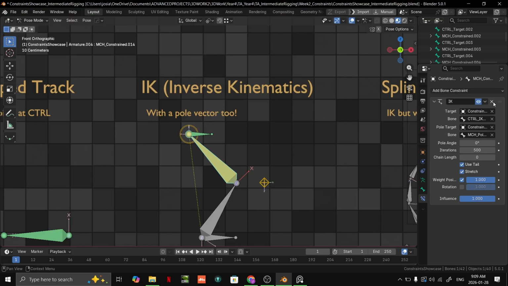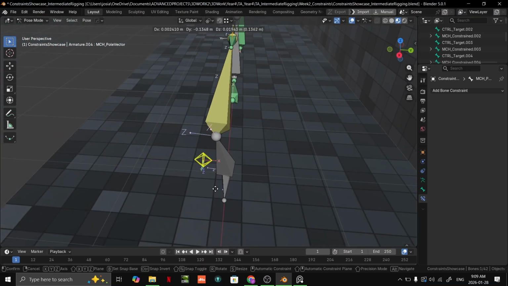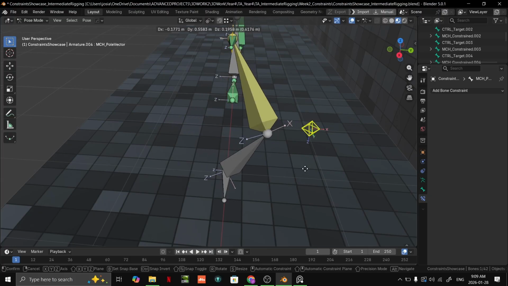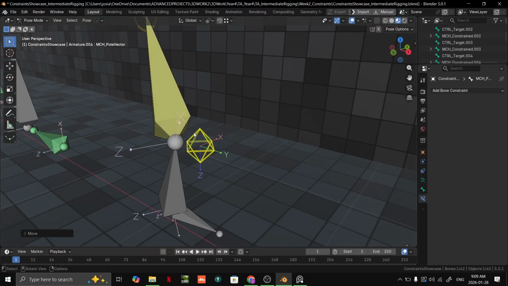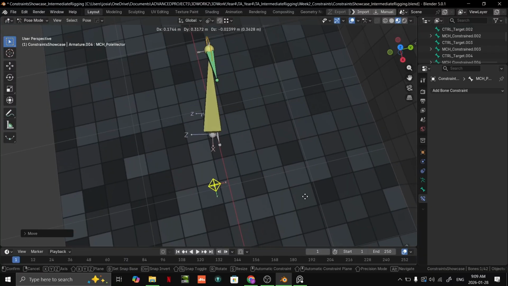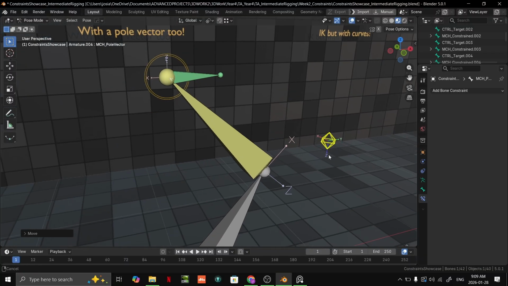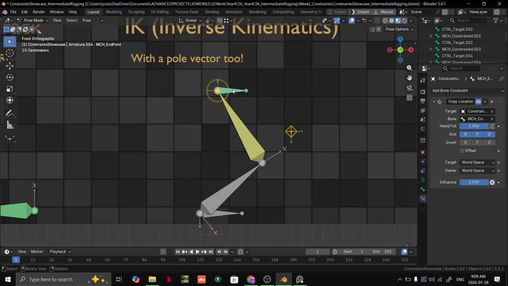IK itself can be a little annoying to set up sometimes because you also need to make sure the pull vector, so this is the pull vector, and the pull vector is wherever this bend is facing. It's always important to make sure that you have the right axes aligned, because it's always the bone axes that matter so much when you're setting up something like IK. You see here, I can just rotate it. And then up here at the hand, this is like your hand. You can rotate this separately,